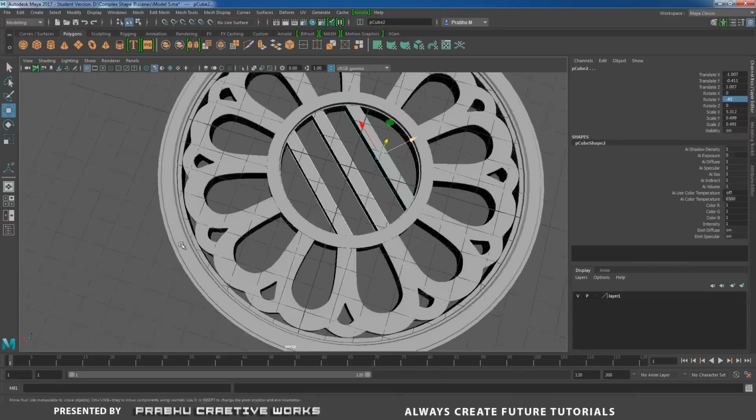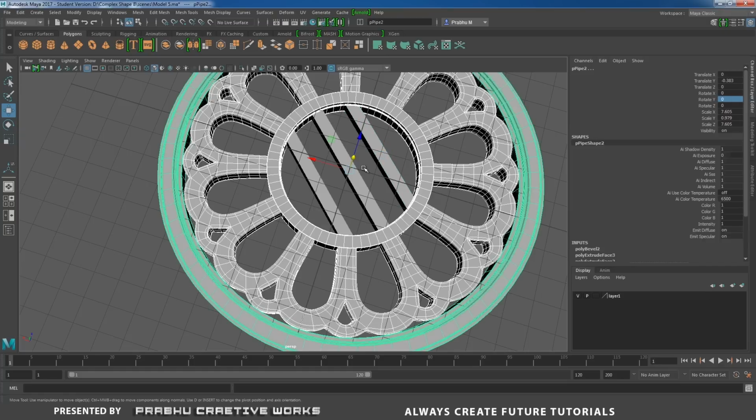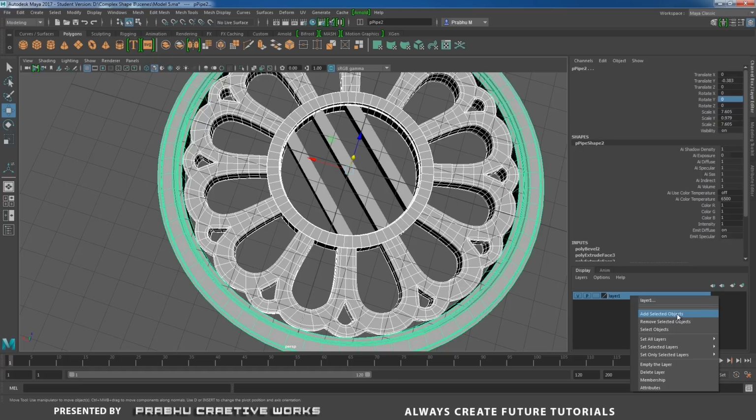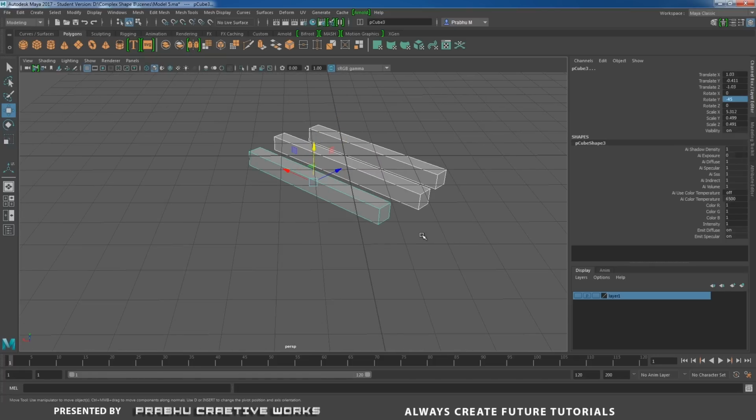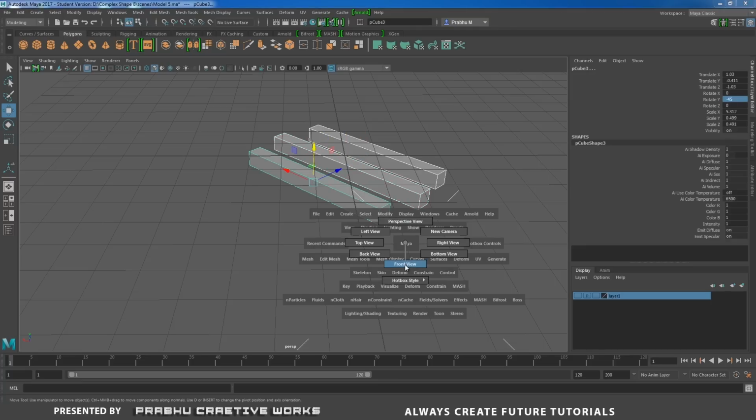So now select all other objects except these 3 cubes and right click over here and choose add selected objects. So that means all our selected objects will be added to this layer. Click on this visibility to turn it off. So now I want to combine these 3 objects. Select these 3 objects, shift right click and choose